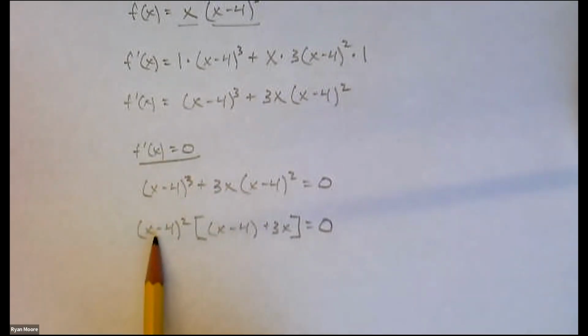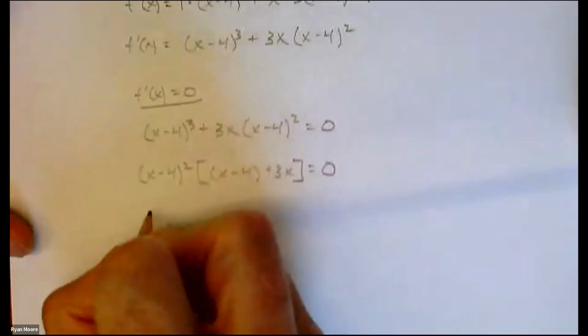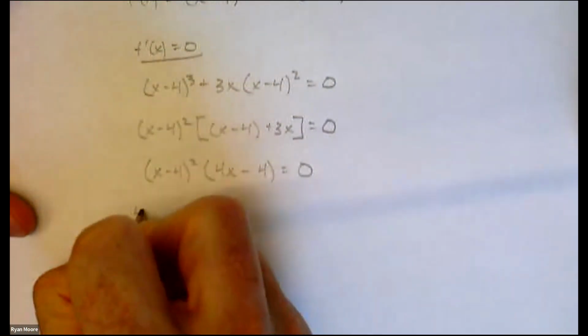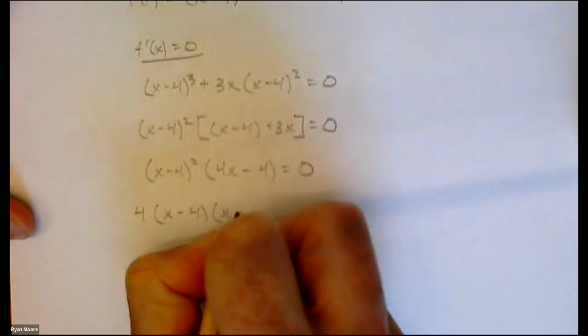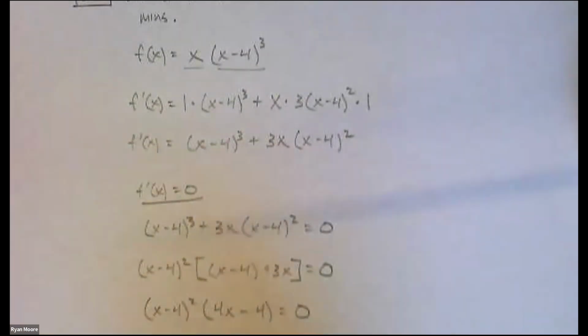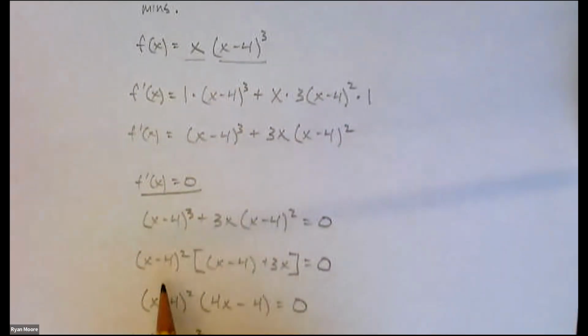Getting an (x − 4)² factor, and what's the other one? 4x − 4, which we could even factor again, take the 4 out, make it x − 1, right? Getting, oh, that's the square. Factoring like this from a long cubic is not immediate. You may even have to guess and check with synthetic division. It's definitely doable, but if you just do this with a product rule and then factor out that (x − 4)², so much faster.